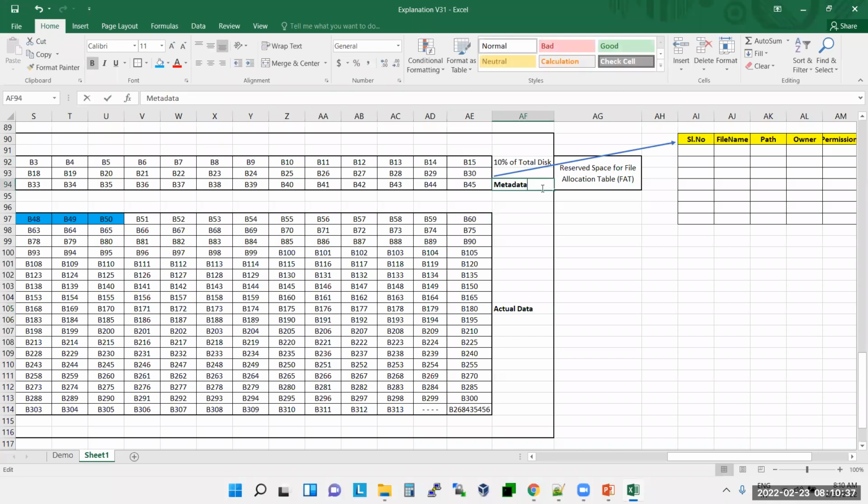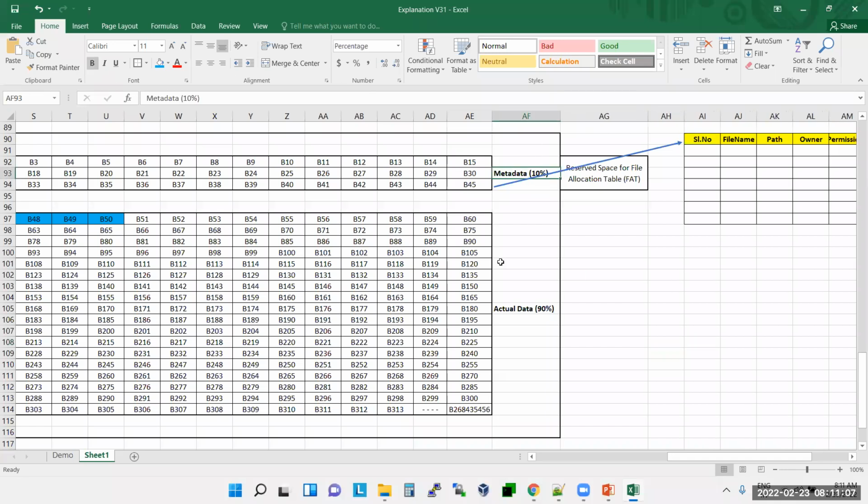Metadata space is nearly 10% of the disk, and actual data size is 90%. Yes or no? So this is called the metadata place, and this is called the actual data place. Understood? Any question?